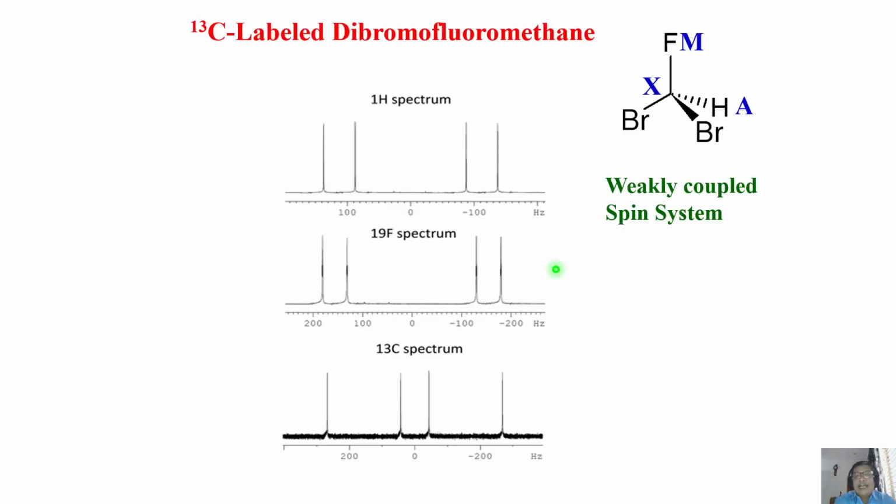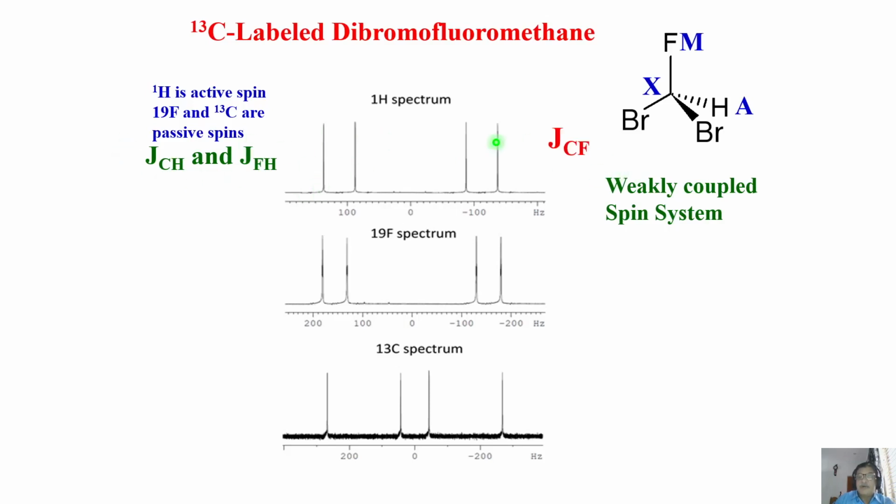Okay. Now I'll take another example of a very good molecule. While explaining to you active and passive couplings, in one of the classes I showed this molecule, where carbon 13 is labeled. In this molecule, there are three heteronuclei, A, M and X. I said in a weakly coupled AMX spin system, I explained to you about active coupling and passive couplings. In the proton spectrum, the proton is the active spin and fluorine and carbon 13 are passive spins, we get from the spectrum these two couplings, and we don't get that.